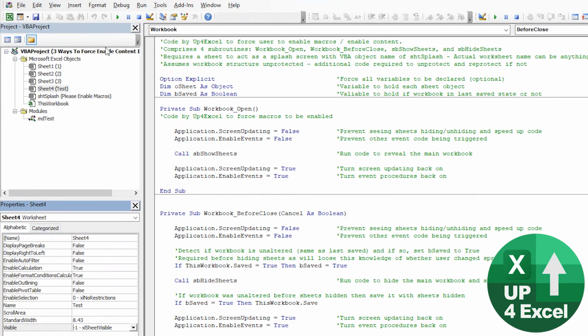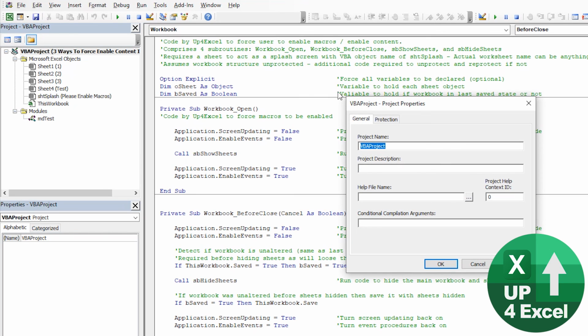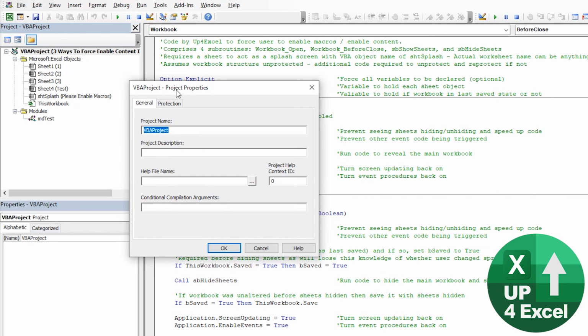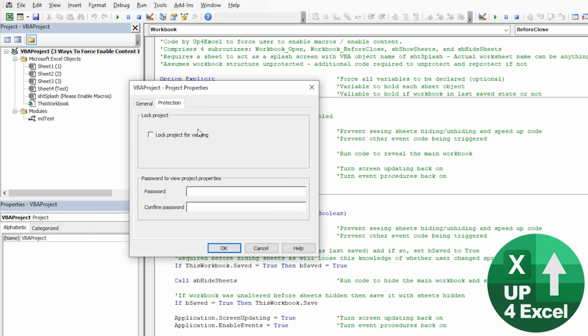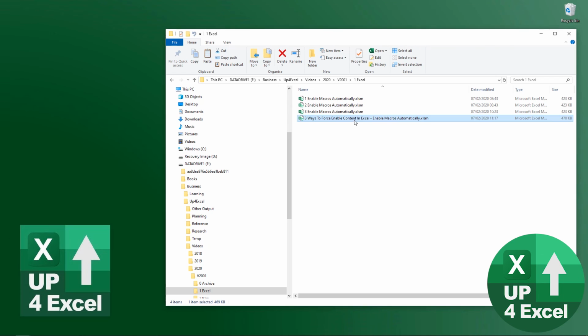So what do you need to do? Well, it's quite simple. You just right click on the VBA project, click on VBA project properties, and you'll see there's a protection tab. You can click on lock project for viewing, and you can give it a password. And if I do that, if I just put a password so I don't forget it, "password", and click OK, save the file, go back in,